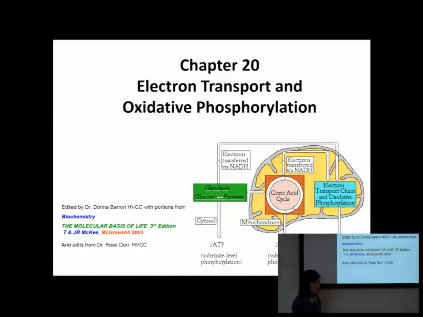So now we get the pleasure to go to our last portion of our metabolism. We've already discussed glycolysis. We've discussed the citric acid cycle. Now we're going to take those electrons from the NADH and the FADH2 from glycolysis and the citric acid cycle and then take them to the electron transport chain and make ATP through oxidative phosphorylation. It's the last chapter in our metabolism that we're going to study in this one catabolic